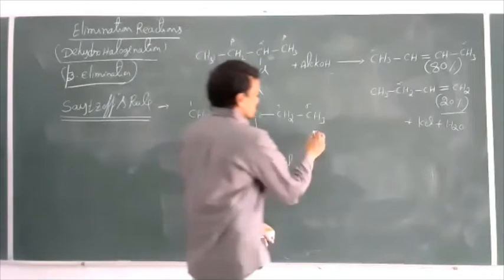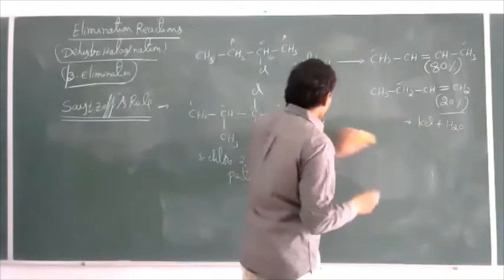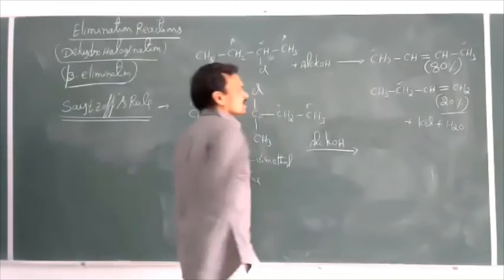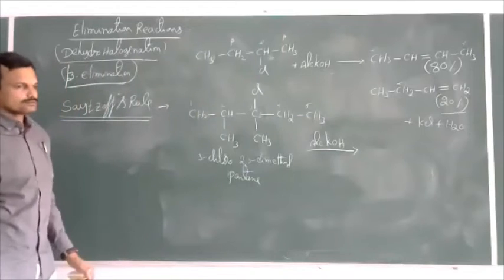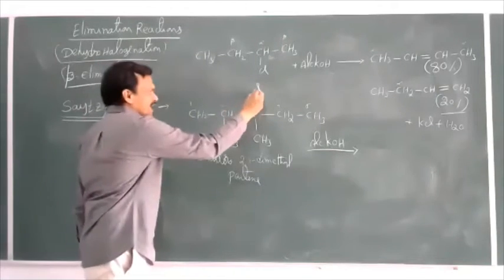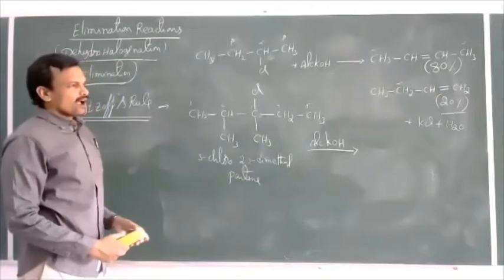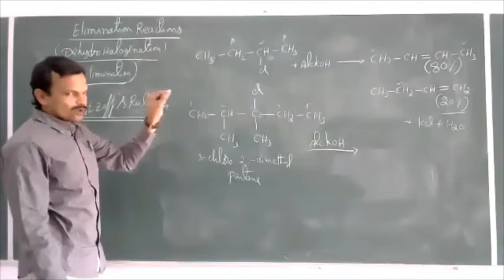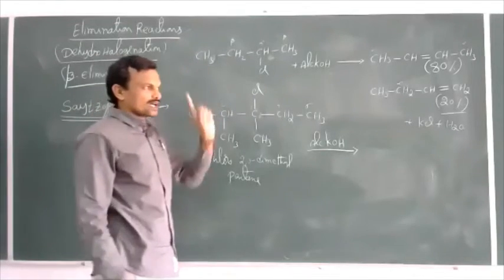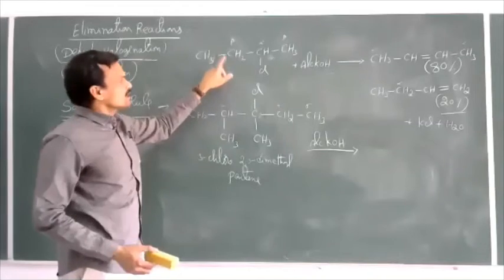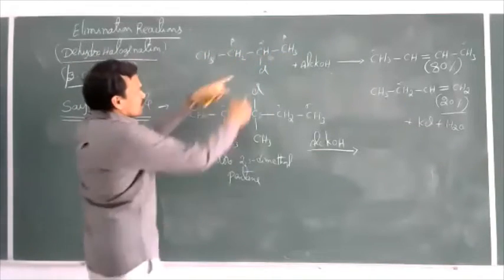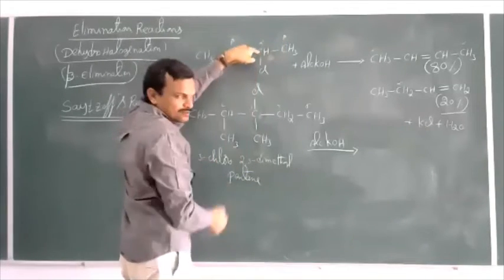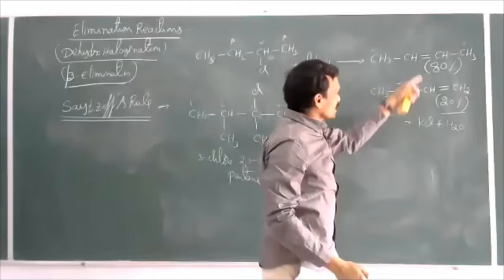Now, if this molecule is allowed to react with alcoholic KOH, then what are the products possible here? Simple. When a haloalkane is given, how many alkenes are formed as the products? The given haloalkane contains how many types of beta carbon atoms? That is the number of alkenes formed. Here, this haloalkane contains 2 different types of beta carbons. So we got 2 alkenes.